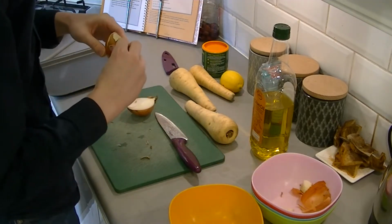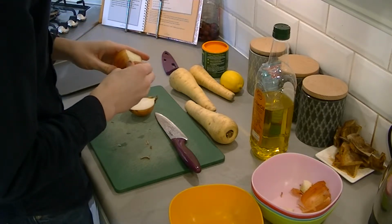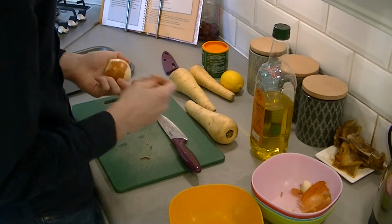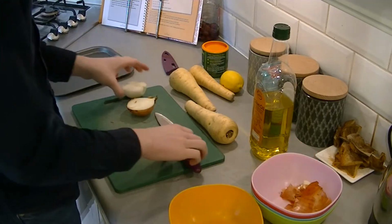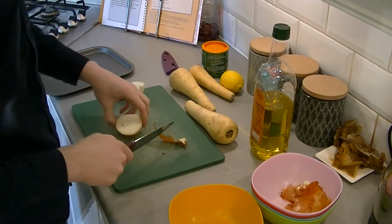Alright, so for this recipe we need an onion. Small, medium or large, whatever you like. Depends how much onion you like. And then 3 parsnips. Zest of lemon. Olive oil. You also need,